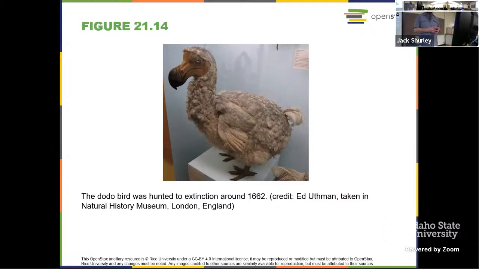And as we come upon these guys, they were basically easy prey. From what I gather, as it says, hunted to extinction, apparently not too tasty, but still decimated. And there are numerous other examples where we can see situations like this